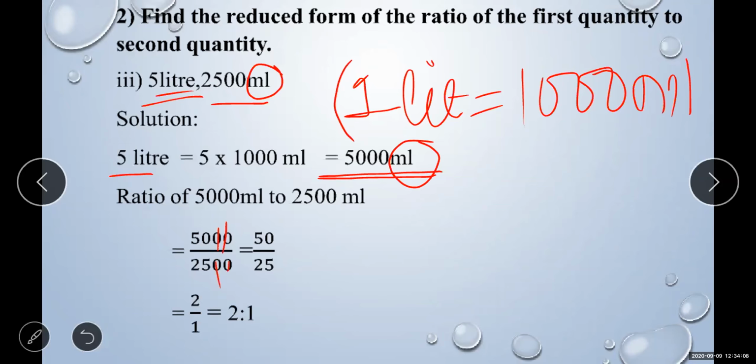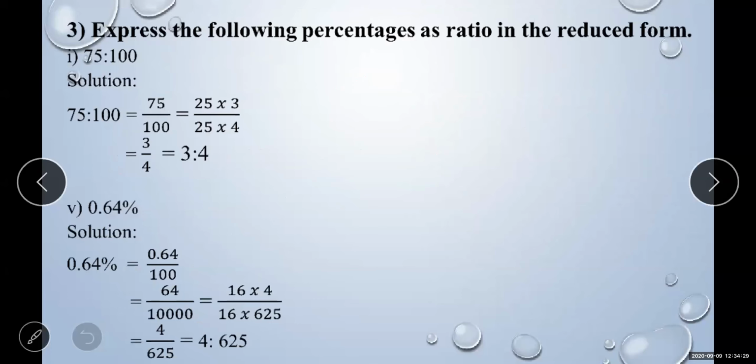Students, do reply. Have you understood? If you want to take the reduced form of two quantities, the quantities' unit should be the same. Now the remaining questions, from question number 2, I took the third one. Fifth and sixth are not there, they are deleted. So you can solve the other two. The other two are in rupees, so you can easily do that.